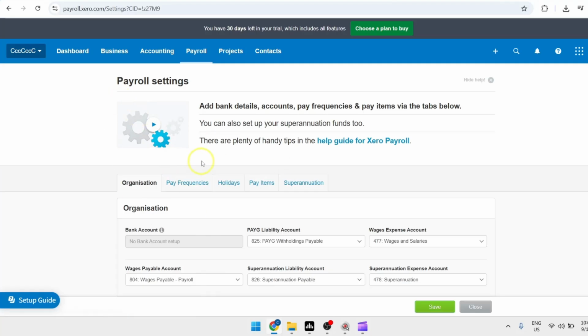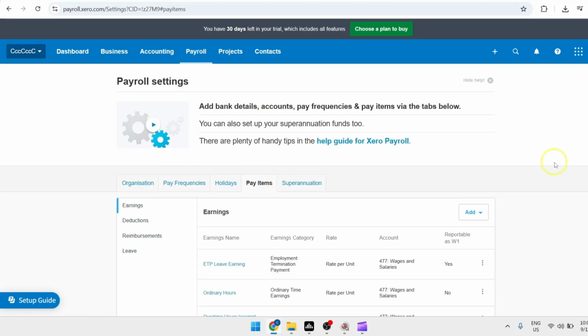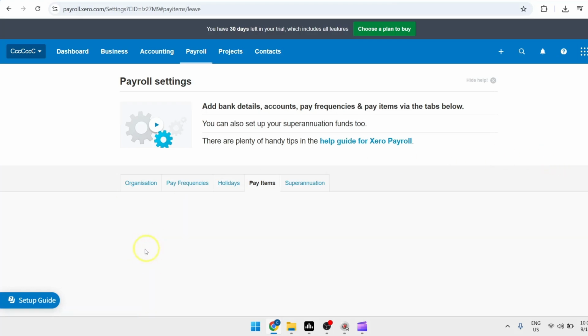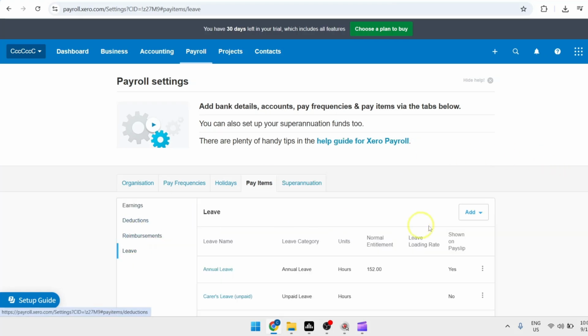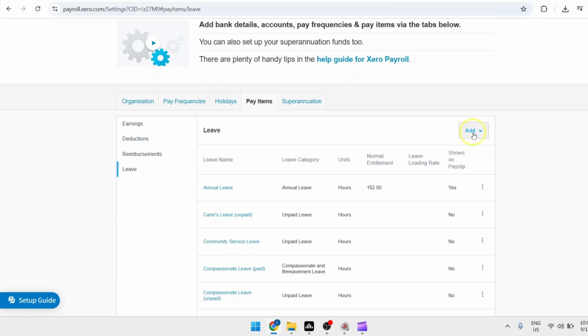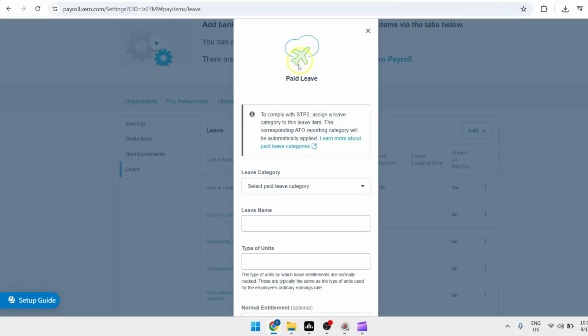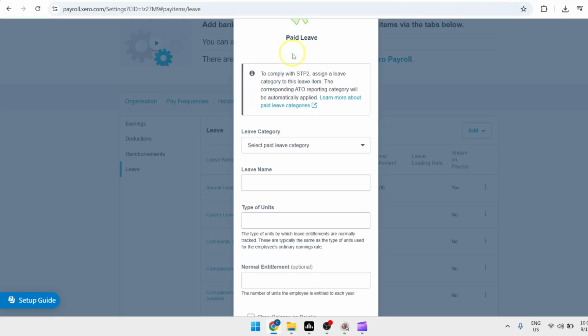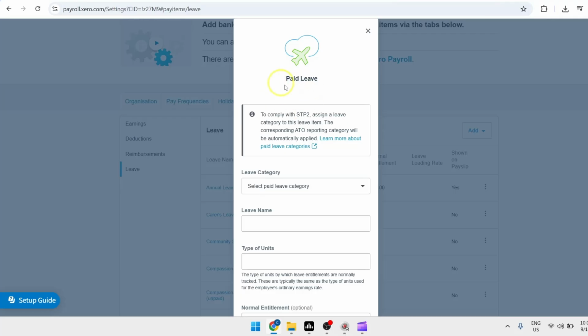Next, click on payroll, then click on payroll settings. From the payroll settings page, we're just going to switch to pay items. Then next is click on leave and click on the add drop down button, then choose paid leave. A new window will then pop up, and all you have to do is fill in the details about the